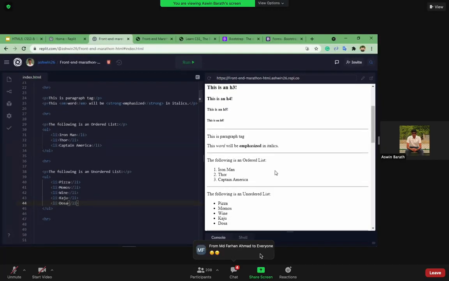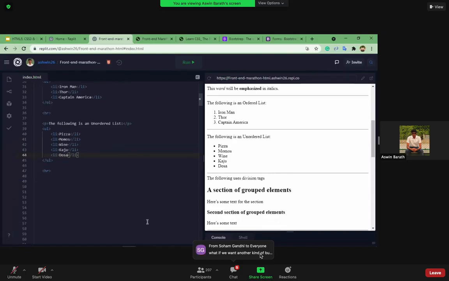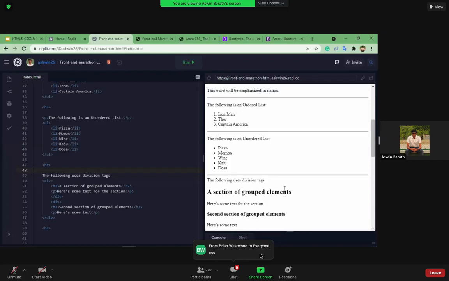Okay, so moving on, we'll talk about division tags. This will be very important for you throughout your front end development. I would request you all to have kind attention over here. Division tags are nothing but tags used to form a container in a website.